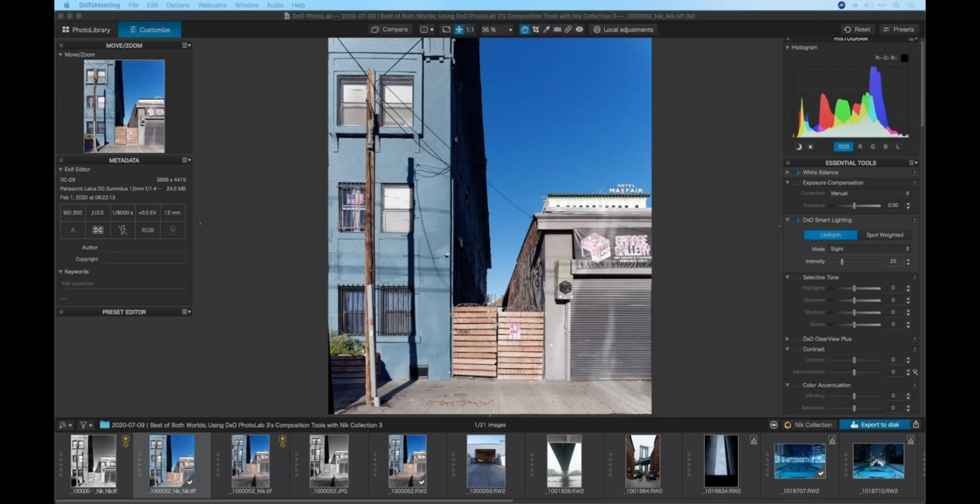Clearly, there are things that can only be done in post, and sometimes those are creative and sometimes those are corrective, but I want to do as much as I can in camera. I never want to just take a picture and go, fix it later. I will do everything that I can to make that image as clean as possible to start with, so that when I get into post, I'm doing as little as I can, because